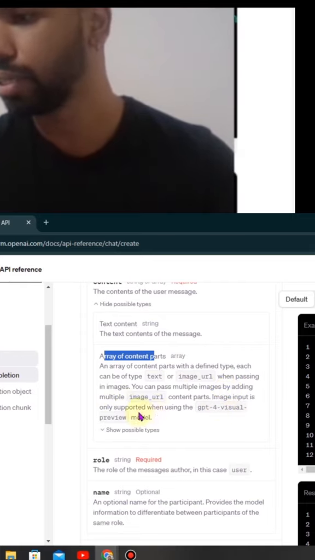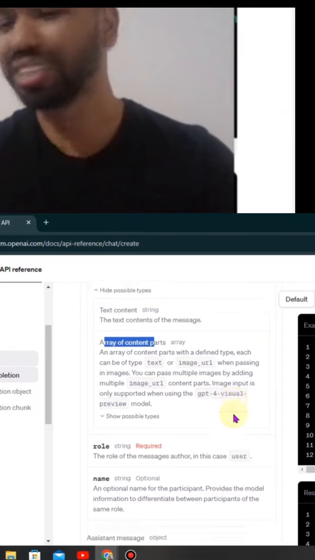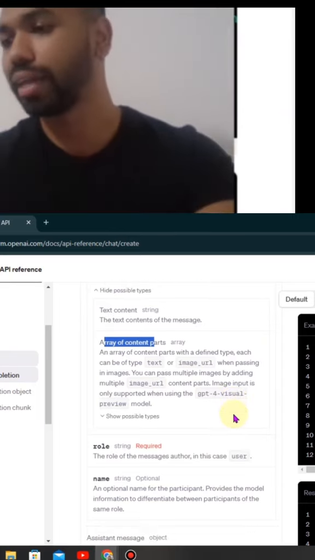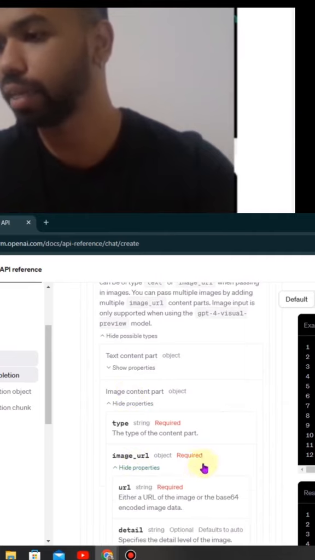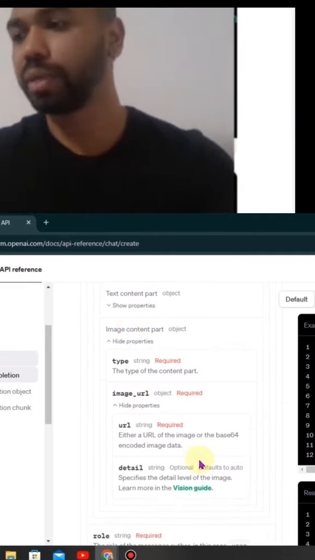Image input is only supported when using GPT-4 visual preview model, which includes GPT-4 Turbo as well as GPT-4 Omni. You can see the specific parts for that image. Now, the only difference between the image input